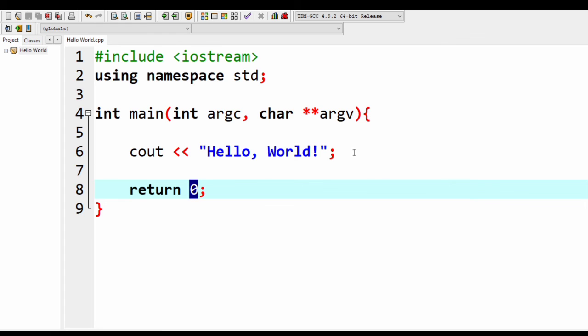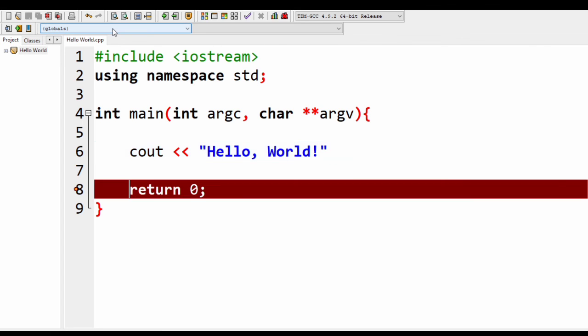If one of these statements were faulty, for example if we forget the semicolon, the return status is not 0 but 1. So if you see that 1 is returned and you wrote return 0, then it means that there is an error in your code.